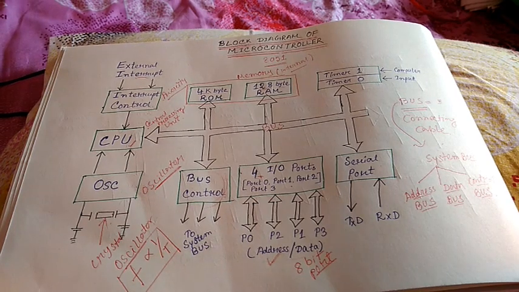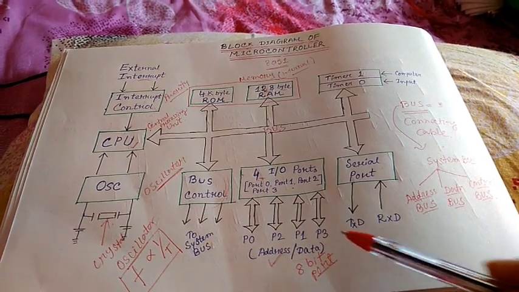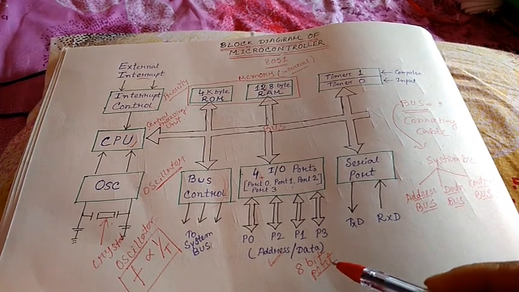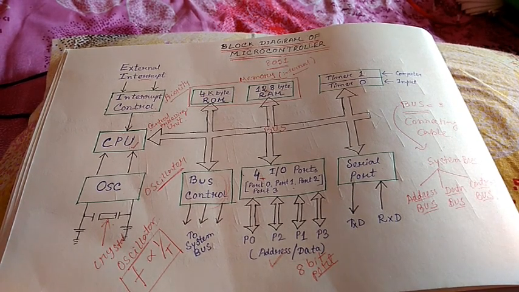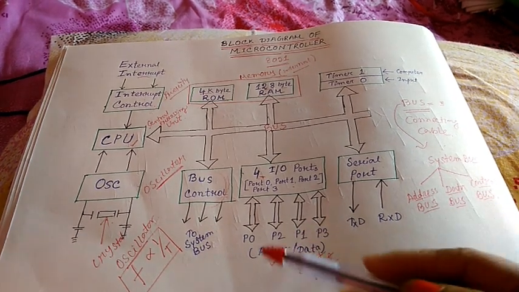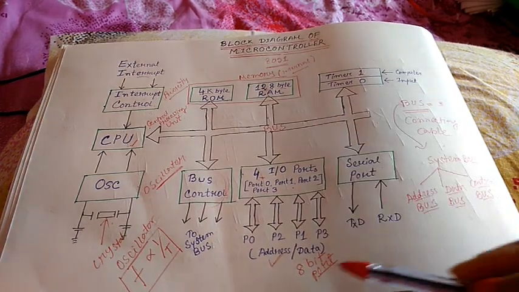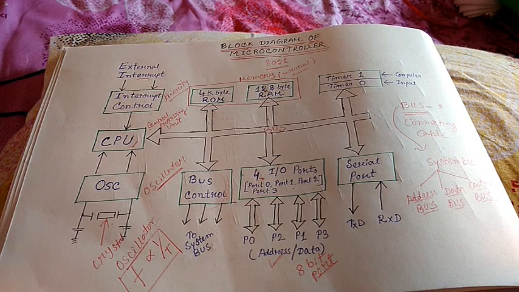By these ports, microcontroller can also point out the location from where or to where it can send or accept the data. Okay, and this is performed for only the 8-bit data, and these are the 8-bit ports. So guys, these are the 4 ports,